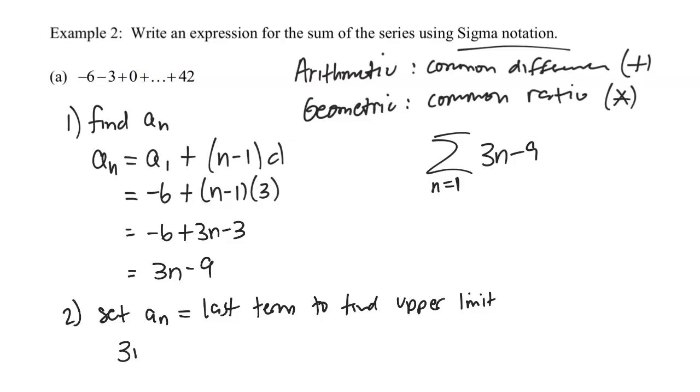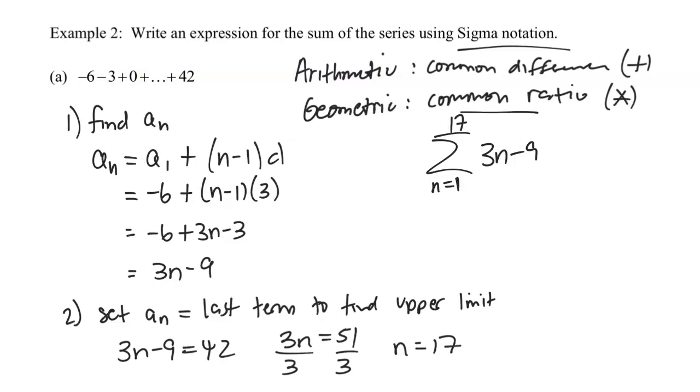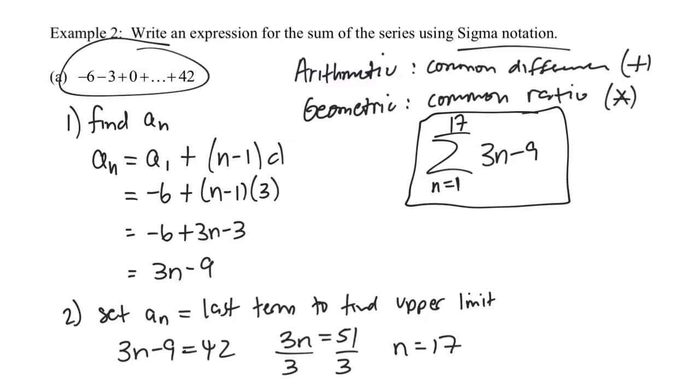And so I'm going to have 3n minus 9 as my a sub n. I'm going to set that equal to the last term, which is 42, and I'm going to solve for n. And so 3n is going to equal 51, and if I divide both sides by 3, that's going to give me n is equal to 17. And so 17 will go as my upper bound,